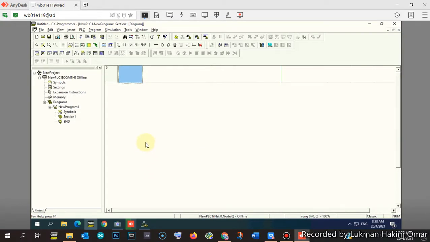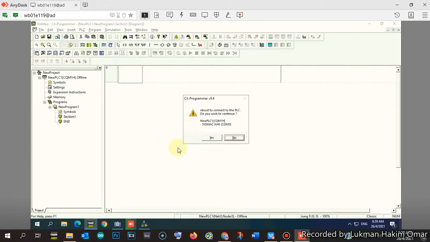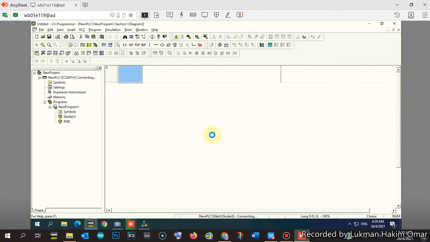Alright, so for the slave PLC, we don't need to configure the I/O table, because there is no I/O table in the slave PLC, as this is a compact type PLC. As you can see, no I/O table. Lucky for you, because you don't have to configure the I/O table. So we put this PLC online, because we want to create the routing table, same as the master PLC.